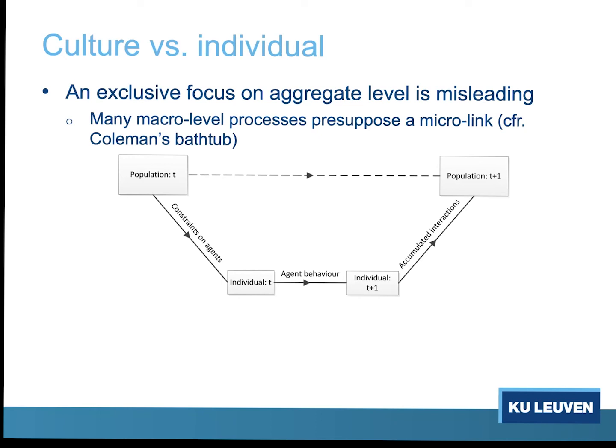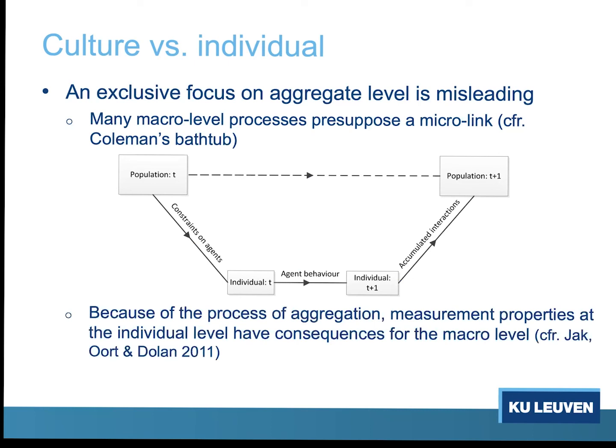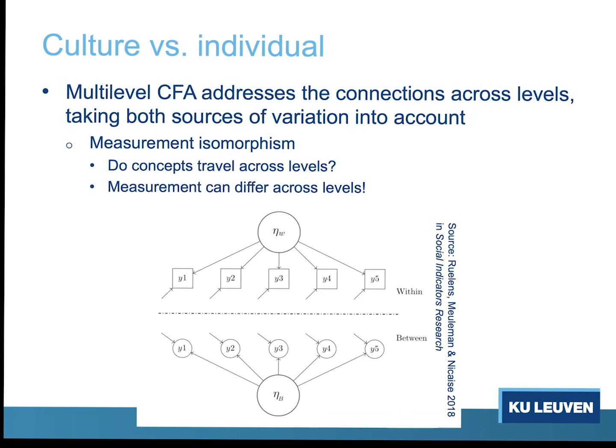And so if we want to make cultural statements, we always have to take care about the individual level. If the measurement at the individual level is not happening properly, then your aggregation is problematic as well. And here, what I want to stress is that if you take a look at the practice of measurement invariance testing, such as factor analytical approaches, there is a lot of research going on that shows how extensions of these models, for example, multi-level CFA, can explicitly address this aggregation, right?